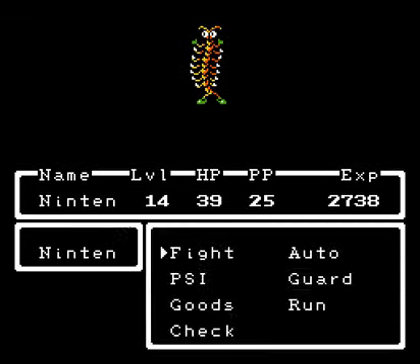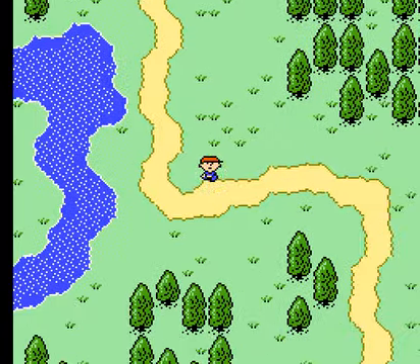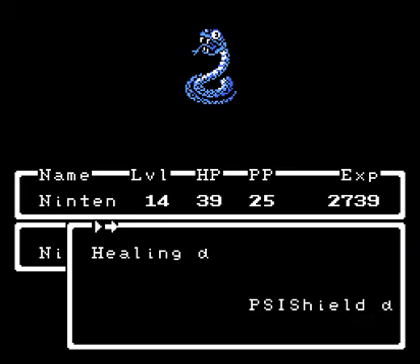Well, there's a regular centipede. We'll pretty much just do tons of damage and whatnot. I'm just trying to get back to Podunk. Oh, actually, I should show off 4th Dimension Slip in the next one. 4th D Slip. Yeah, here, I'll show it off here. Ooh, a snake. I don't want to mess with this snake. So we just go over to